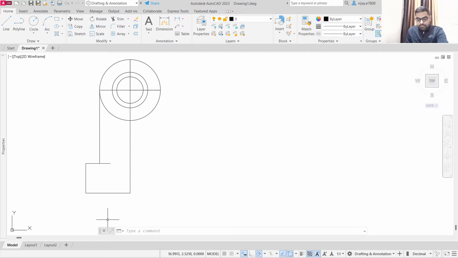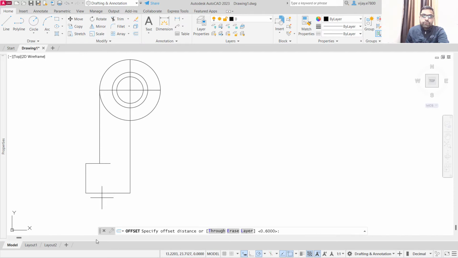Now the next thing that we need to do is create an offset of this particular line of 4.8 distance, or basically we can do one more thing. Let's draw these two circles first. So this is 4 and then